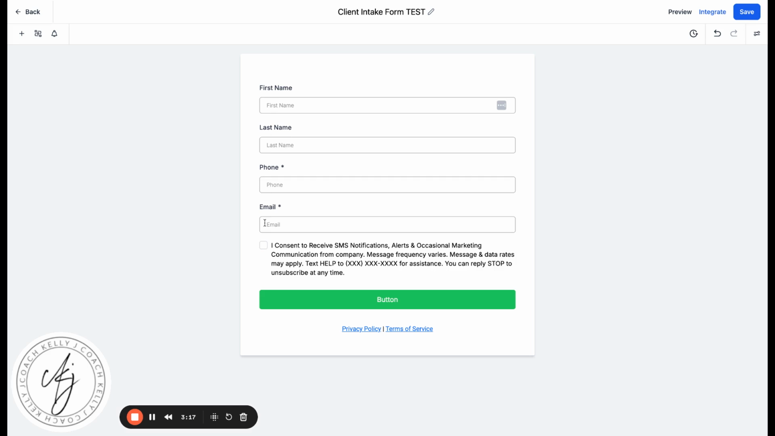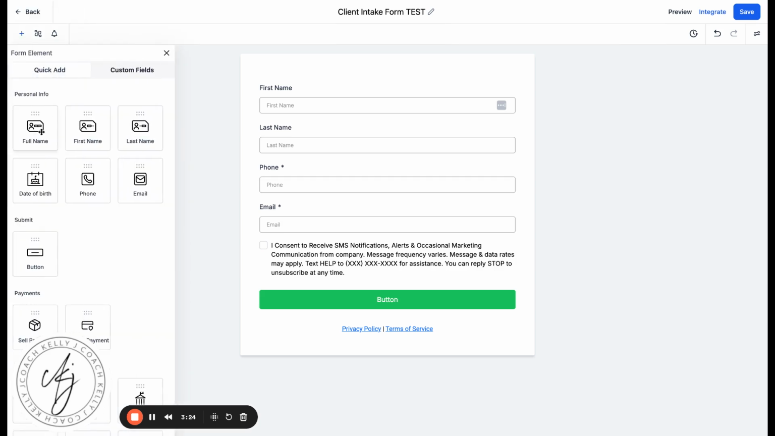So let's look at how to add questions. So up here in the top left-hand corner, you're going to click the plus button. And this gives you a host of options that you can choose from to add to this form. Now, we already have first name, last name, so I like to leave that. I don't ever use the